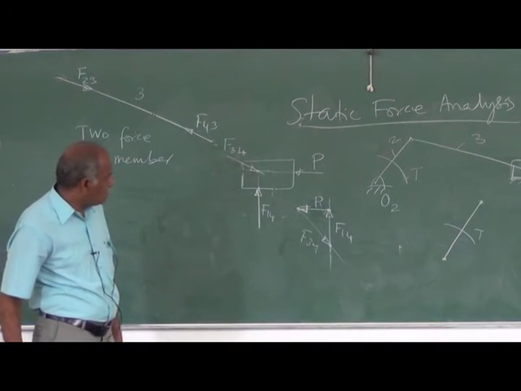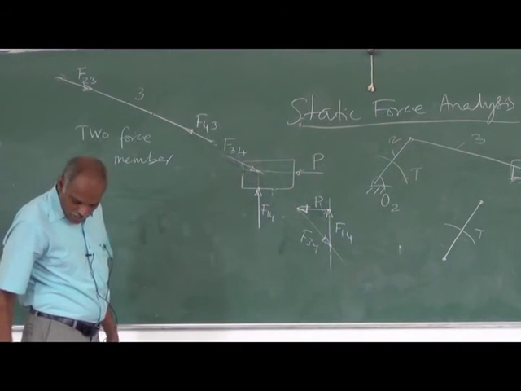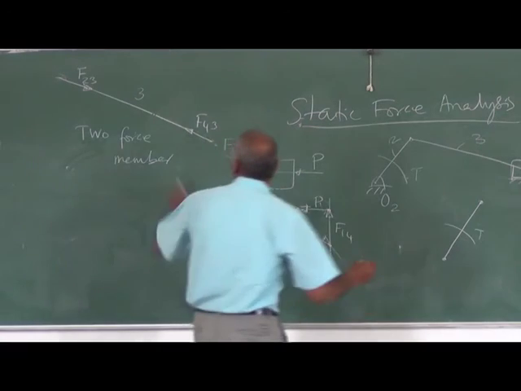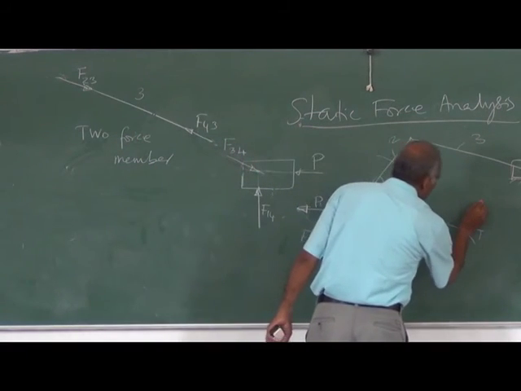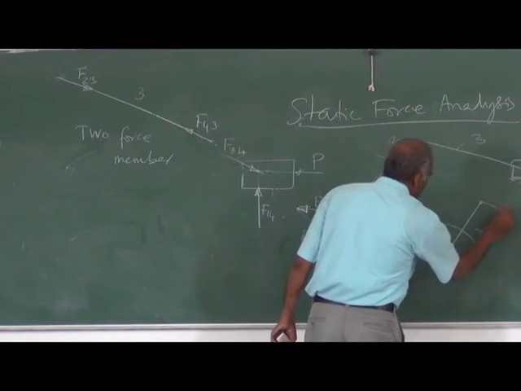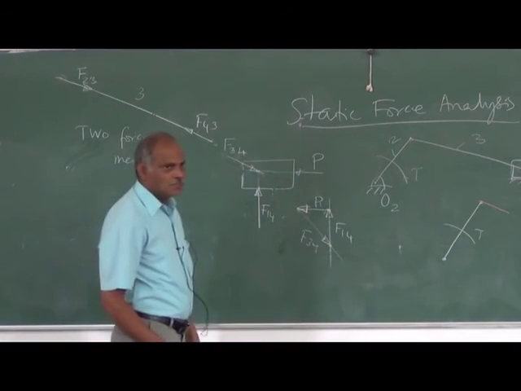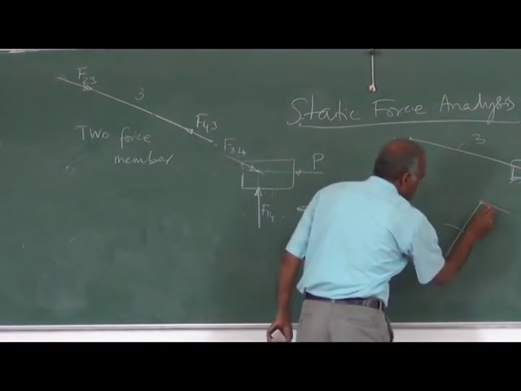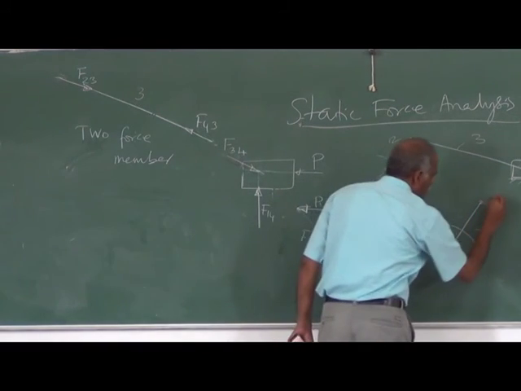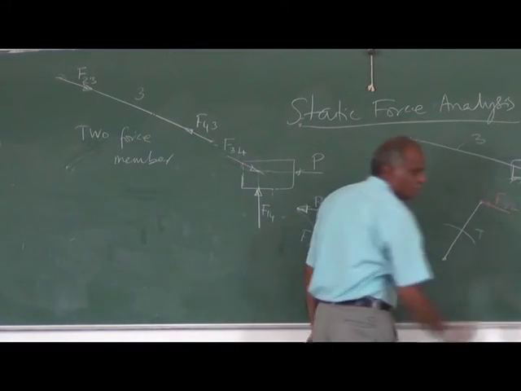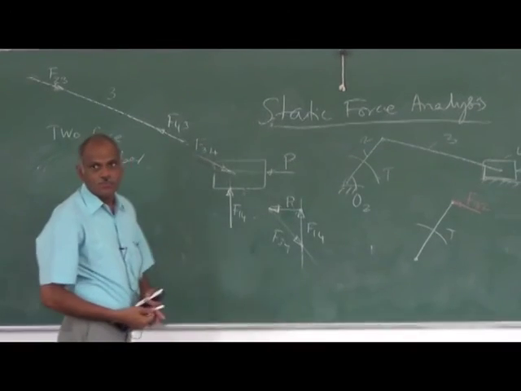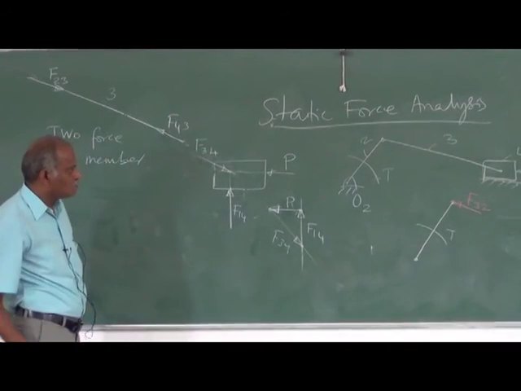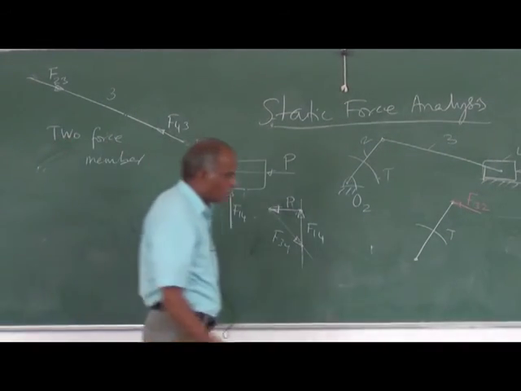that is what you are supposed to determine. Then what is acting on this is now F23 will be acting in this direction. So this is like this, so it should be opposite. This must be F32. So that is acting on this.